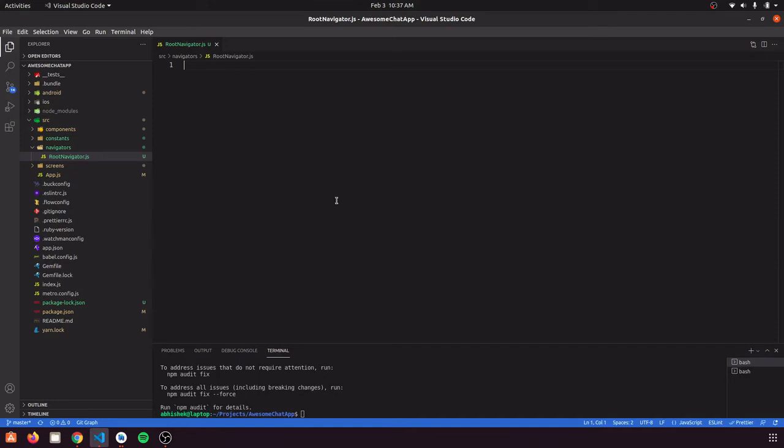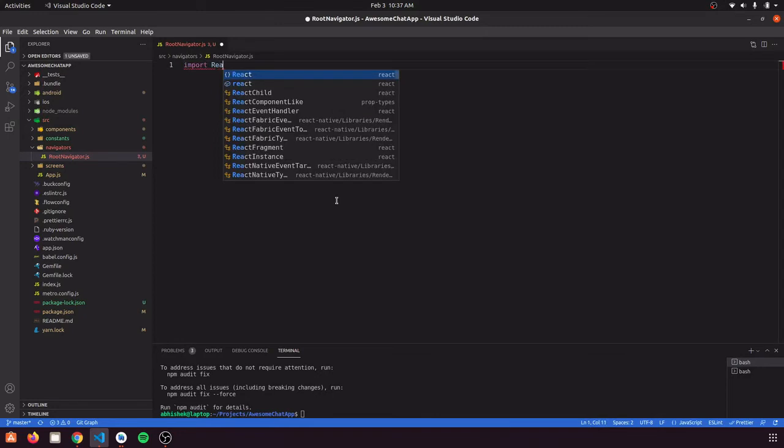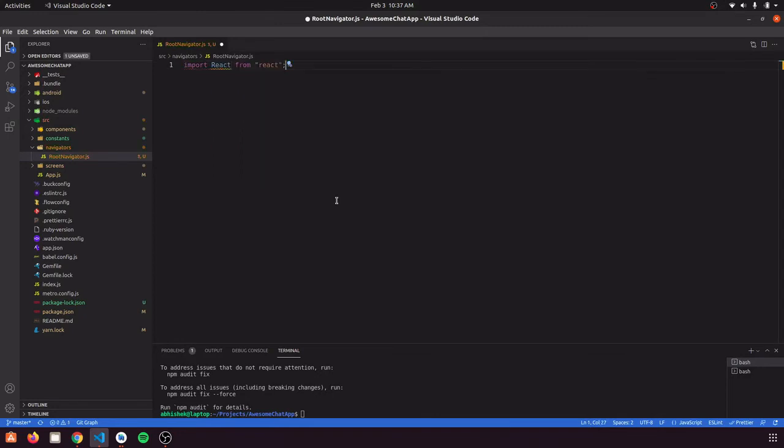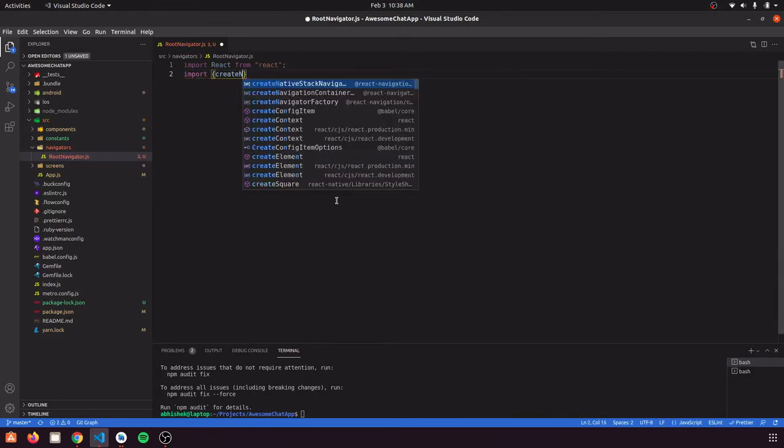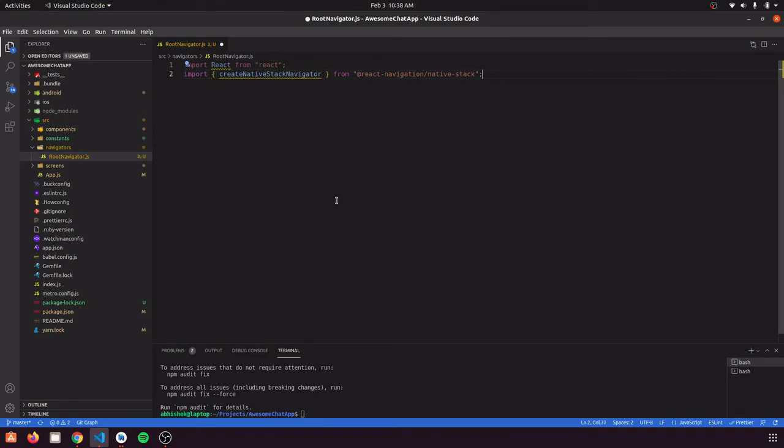So let's start by importing React, and we need to create a Stack Navigator. React Navigation slash native stack provides us a method to create a Stack Navigator named createNativeStackNavigator. So we are going to import it as createNativeStackNavigator from React Navigation slash native stack, and then we are going to have our two screens here.